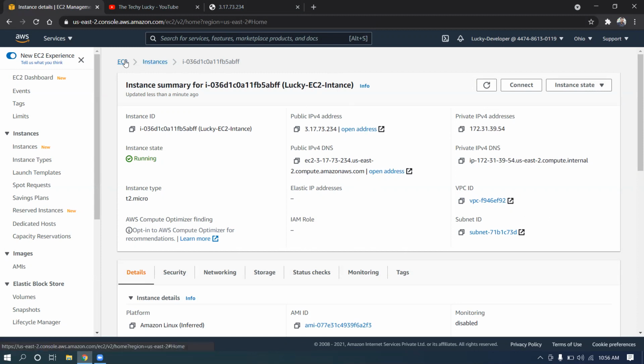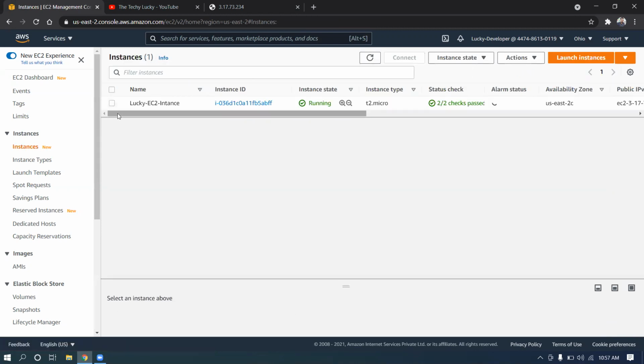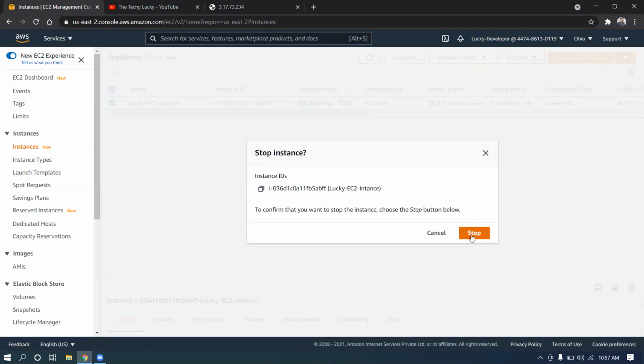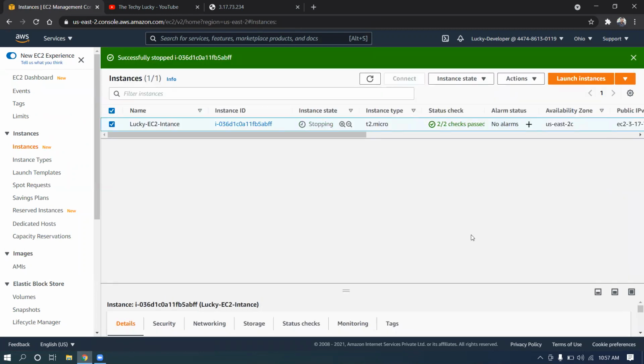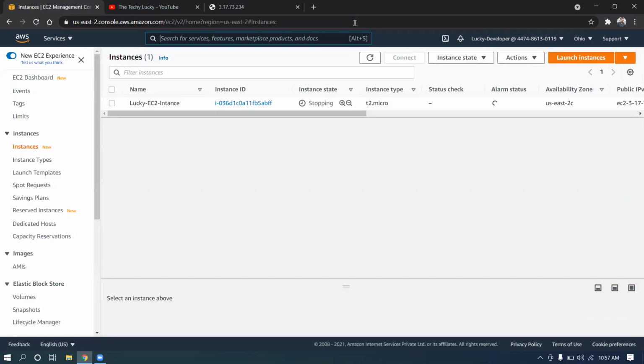Let me show you how exactly this IP address is going to change. First of all, click here, choose the particular instance which you would like to stop, choose this one, and choose the option to stop it. I have observed that when I try to reboot, it's not reflecting the changes immediately. Sometimes the IP address is not even changed. What is the most preferable way to understand whether the EC2 instance is starting properly? You can simply check the status here. You can refresh it. First of all, stop it from your side. Once it's stopped properly, then you can simply start it again.